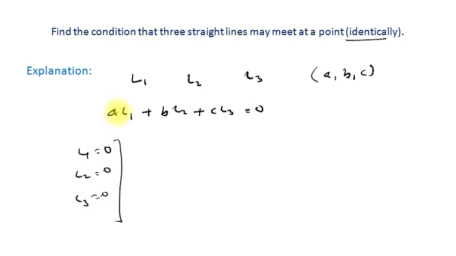So if there exists any combination of A, B and C such that if we multiply A with line L1, B with line L2 and C with line L3, the right hand side is equal to 0, it means these three given lines also pass through a single same point. This is also a condition, and this concept is used very widely in competitive examinations. We will discuss the applications of this further.